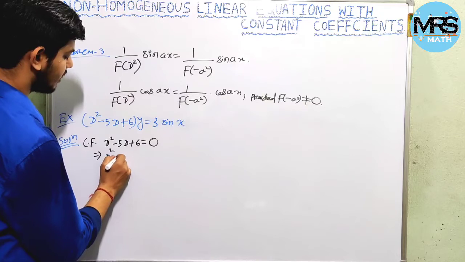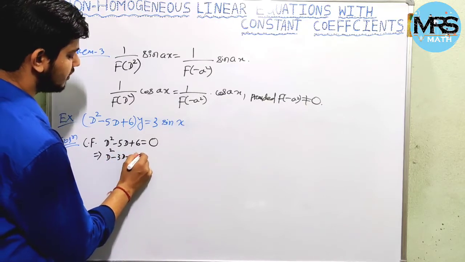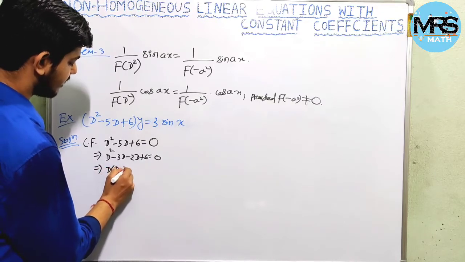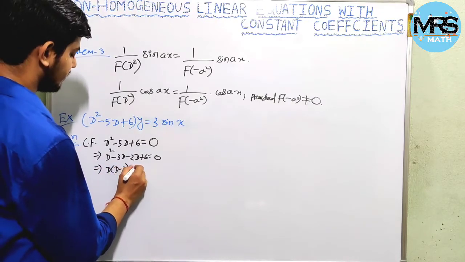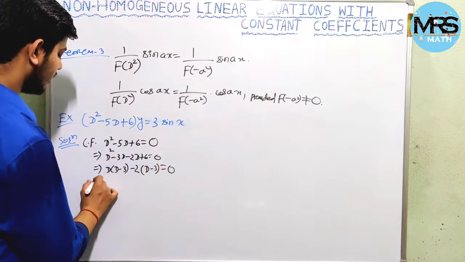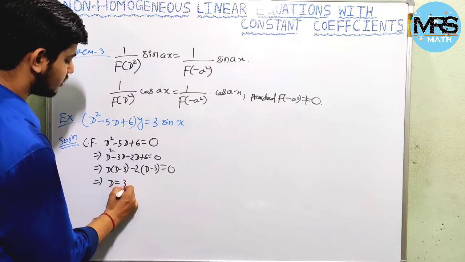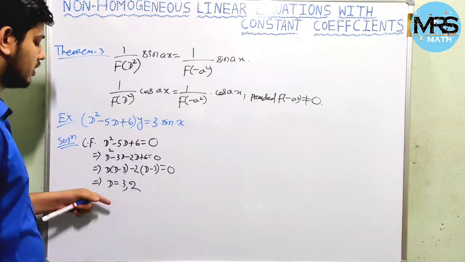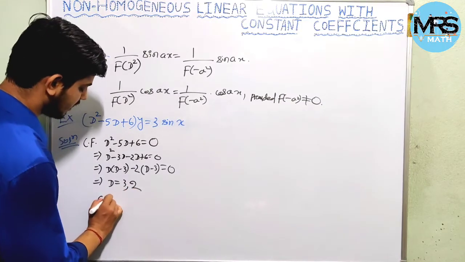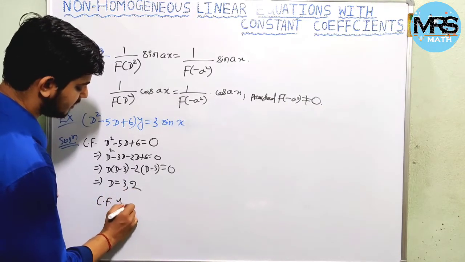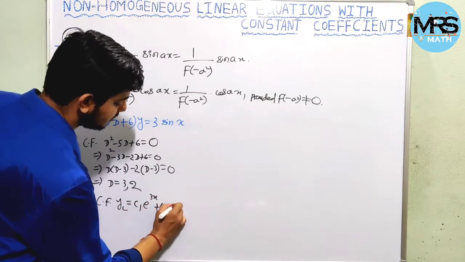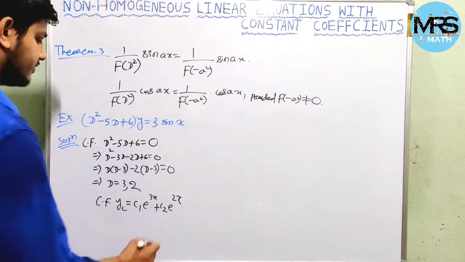Let us write D square minus 3D minus 2D plus 6 equal to 0. Then taking D common, we get D minus 3, and taking minus 2 common, we get D minus 3 equal to 0, right? So one root is equal to 3, another root is equal to 2. So two different roots, that is 3 and 2. So the complementary function, yc, is equal to c1 e to the power 3x plus c2 e to the power 2x, right? There is no confusion.